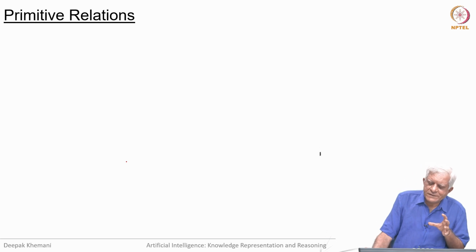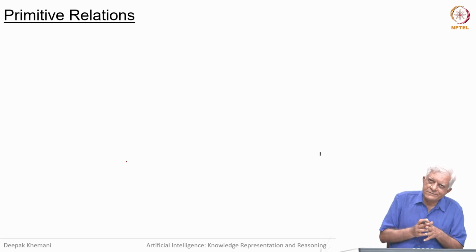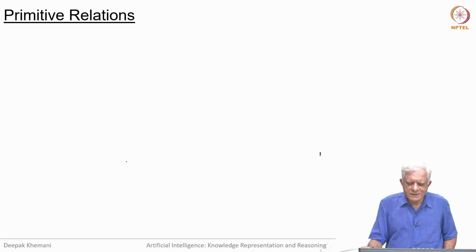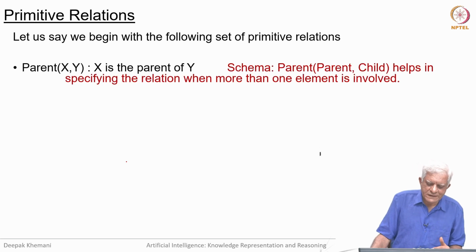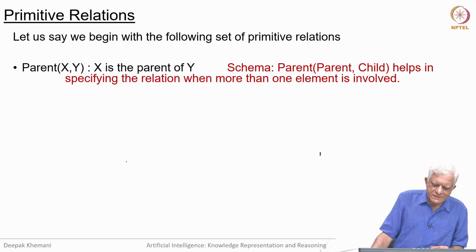So, we said that we will define a family database or knowledge base in terms of the primitive relations. So, what would be the input to this whole thing is some primitive relations, and the rest of the relations would be defined in terms of those primitive relations. So, what is the bare minimum that one can work with? So, let us say that we begin with the following set of primitive relations. One is the parent relation,